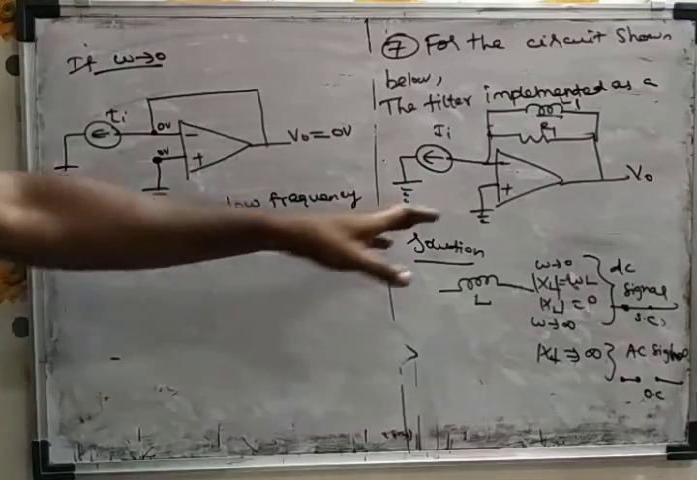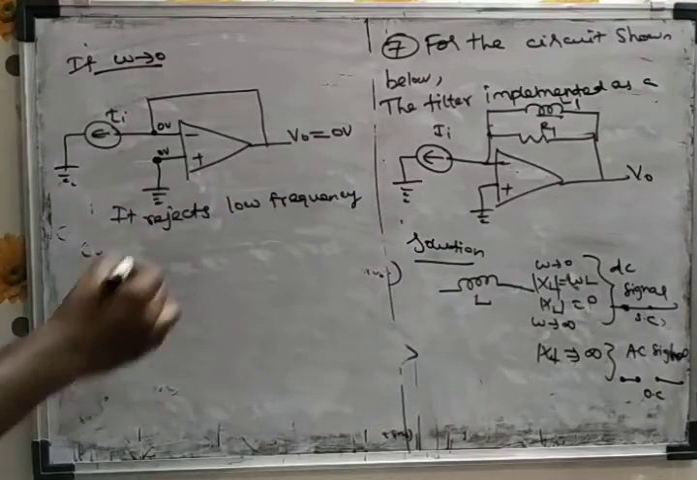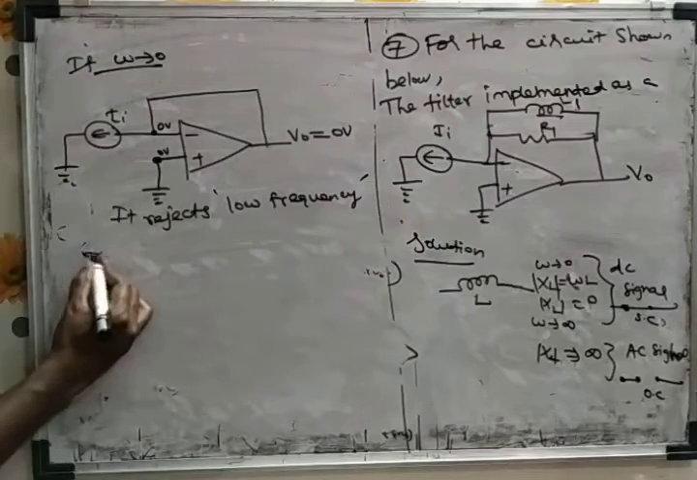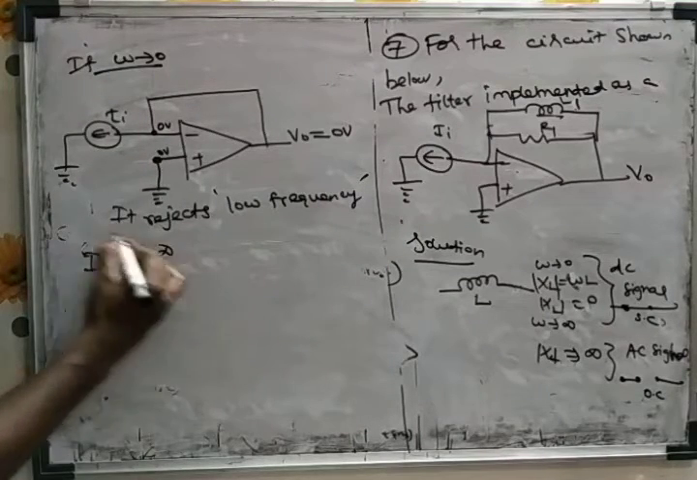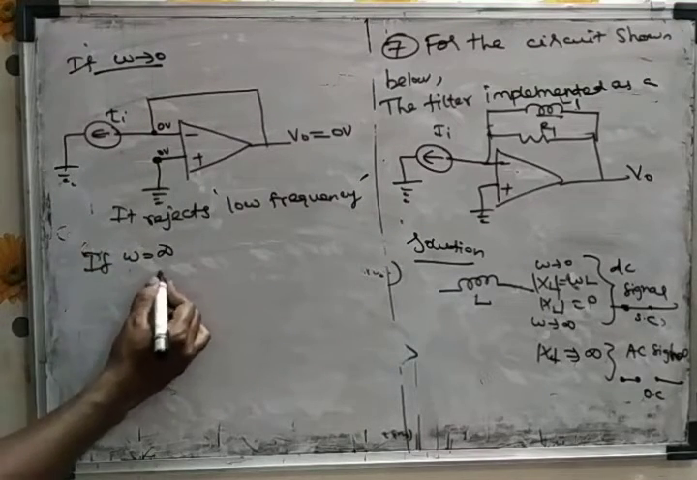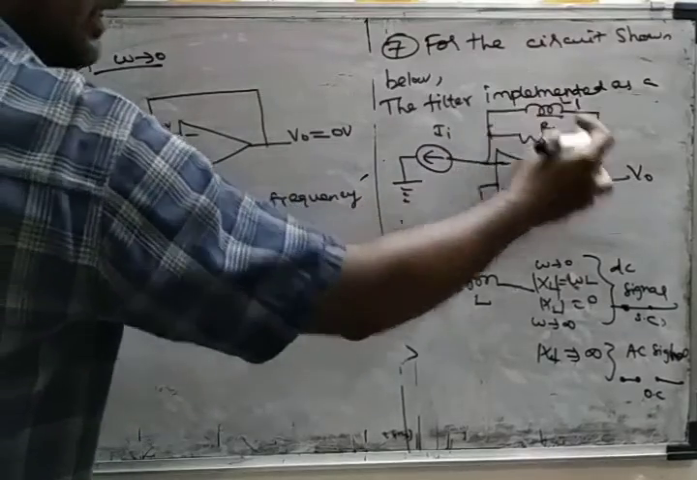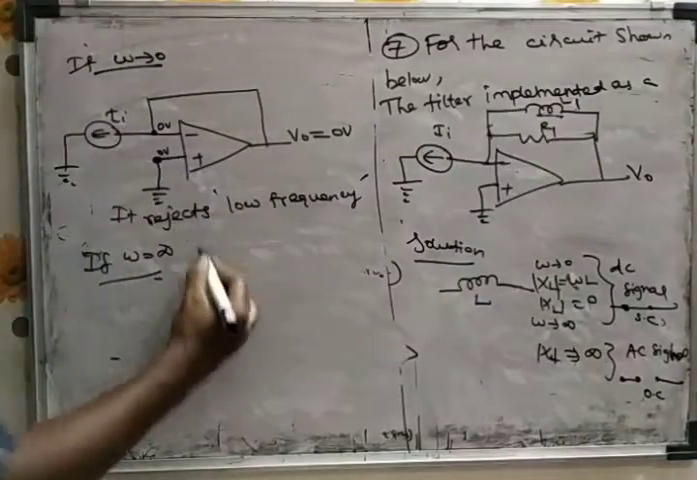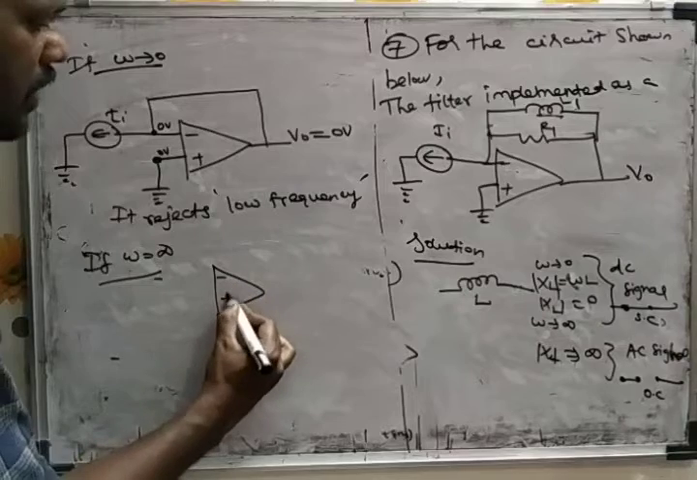So the circuit rejects low frequency. If omega is equal to infinity, it means the inductance will be open circuited. So your equivalent circuit will be,